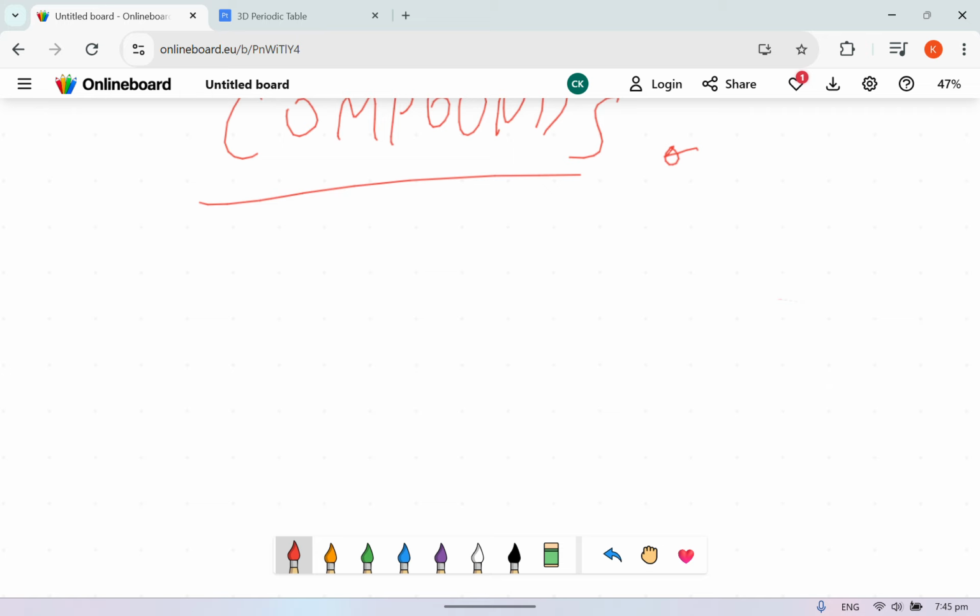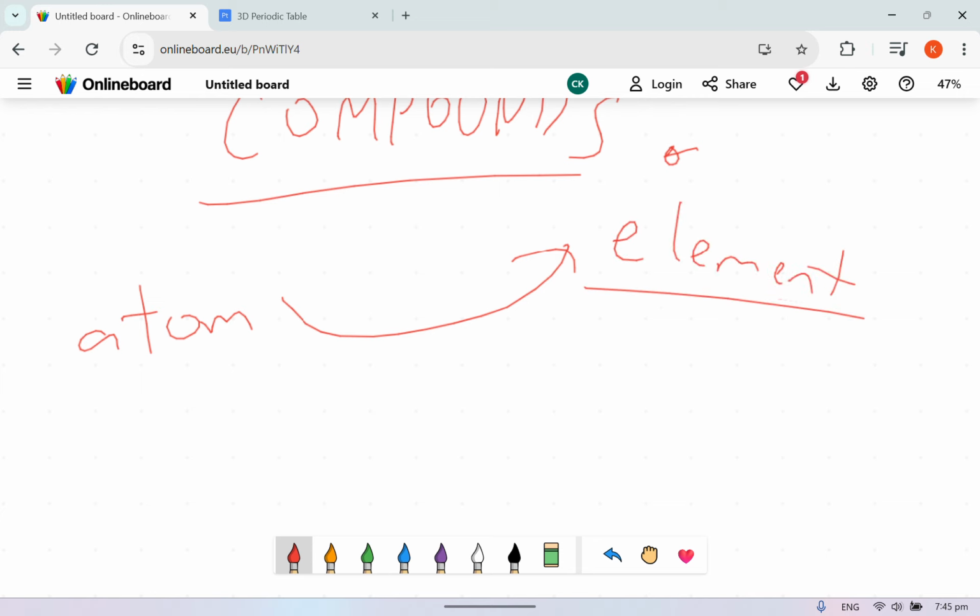Now, in this case, we know that compounds are two or more elements chemically combined together. But as we said, atoms belong to elements. So when I say two or more elements chemically combined, actually what I mean is the root, which is basically the atoms. The atoms are actually combining, and that's also sort of element because they are sort of interconnected. So basically, if you think about it, all compounds are literally molecules. Because it's all molecules, we know that it is two or more atoms chemically combined.